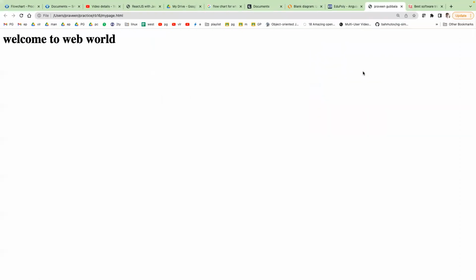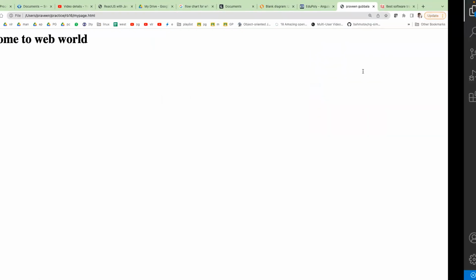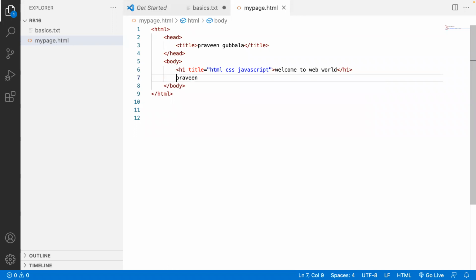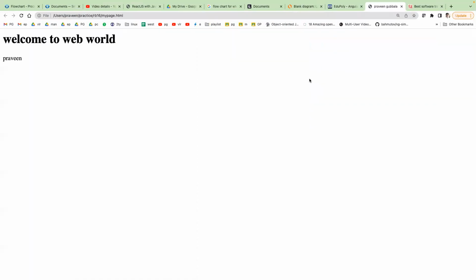Save, refresh the page. Praveen is here. And if I put this Praveen in an element called center, the Praveen comes in the center. Same content is now coming in the center. The center element has that power to keep everything in the center.